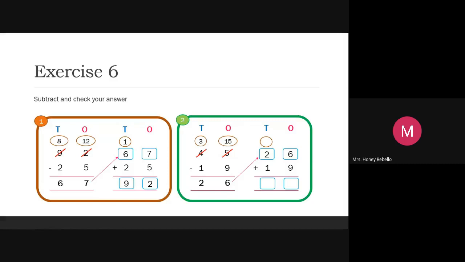Sanjay, please help me. Yes, tell me. How to do it? What is 6 plus 9? 5 and 1. Children, when you are in class, you must sit in a proper place where you can do the class work. Don't disturb. Now, 6 plus 9, you are getting 15. You are writing 5, keeping 1 to the tens place. Now, what is 1 plus 2 plus 1, Sanjay? 4. 1 plus 2 is 3, plus 1 is 4.